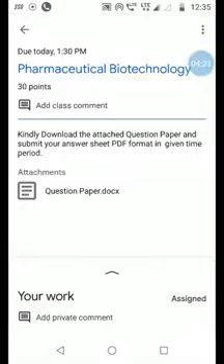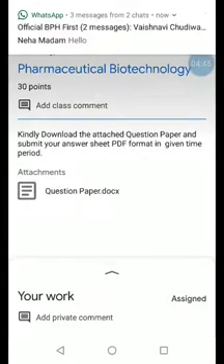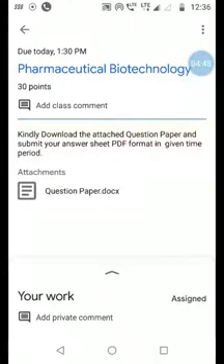So just click here. Now you can see the attachment, that is the question paper we have provided to you. So just click on the question paper and download it. So you will be able to see the questions, fine. Then you have to write your answers on a particular page, and then you have to prepare a PDF by using CamScanner or Google Lens or Microsoft, any type of app you can use just to convert your photos to PDF. Fine. Then next is attachment of your theory paper to this classroom.